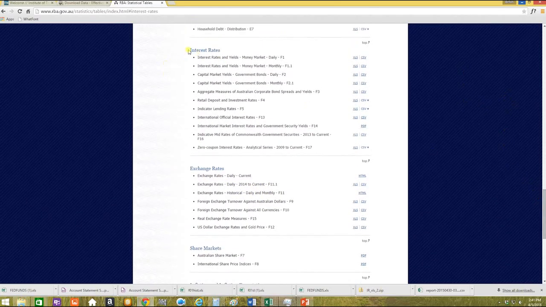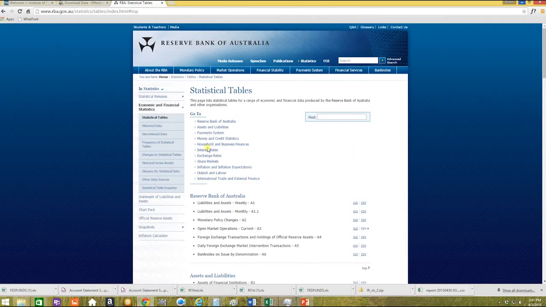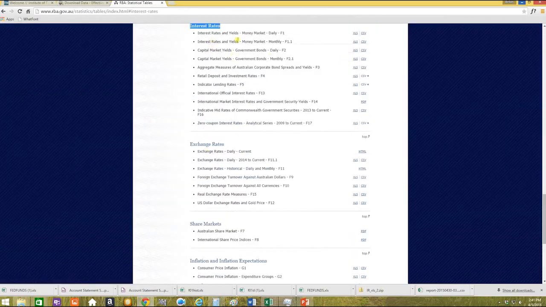Not in exchange rates, sorry, in interest rates. So you'll find in interest rates here, interest rates and yields money market daily, and interest rates and yields money market monthly. The one you want is the monthly data. So you download this,